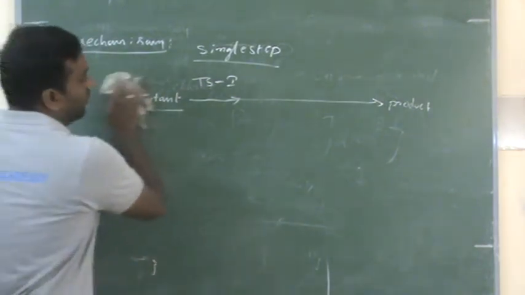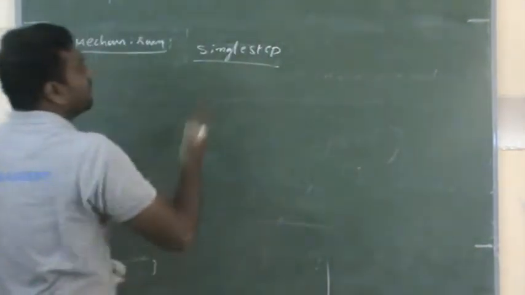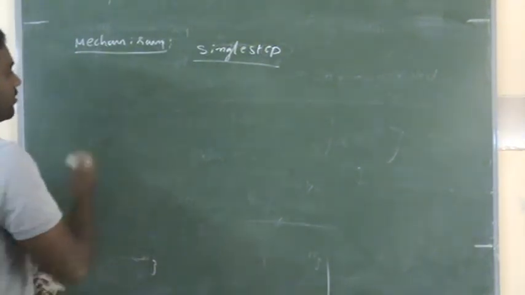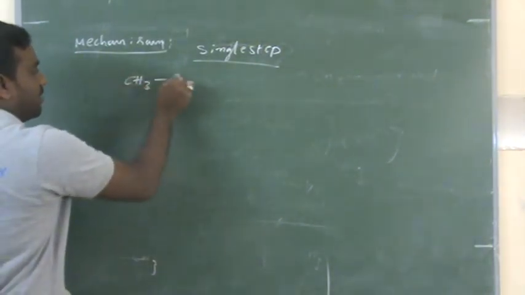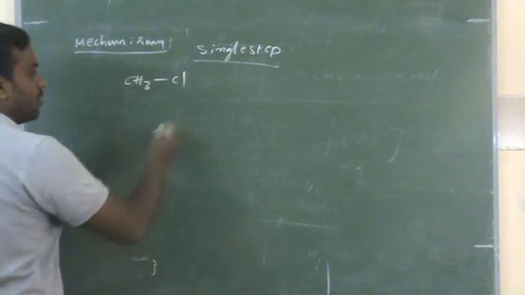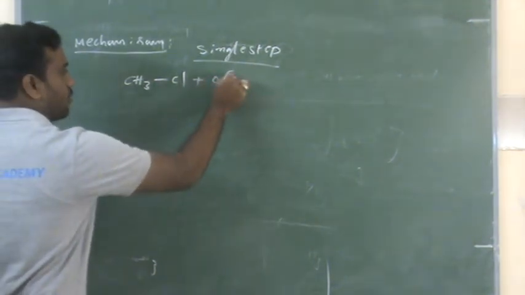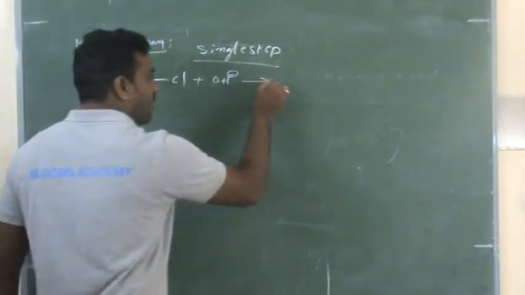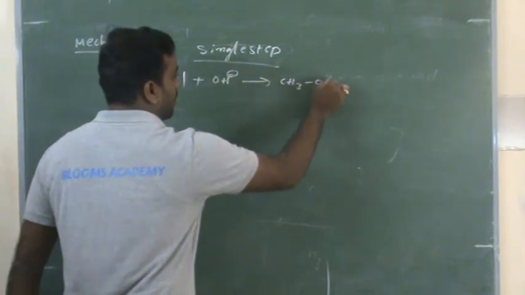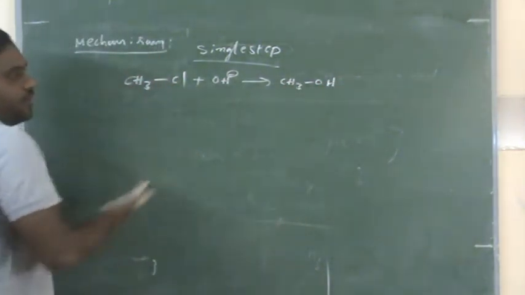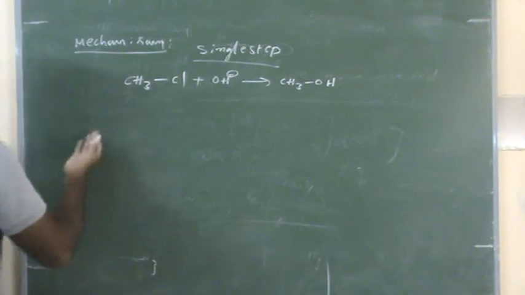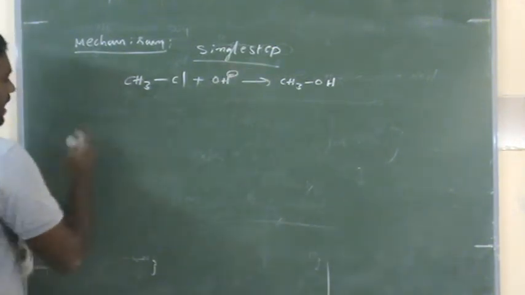So that is the difference between transition state 1 and transition state 2. Now I said this SN2 mechanism is a single step. What is the meaning of single step? So I said the reactant molecule, methyl chloride, can react with what? Nucleophile, then directly formation of what? Methyl alcohol. So there is no intermediate here. So how can we explain the mechanism in detail?